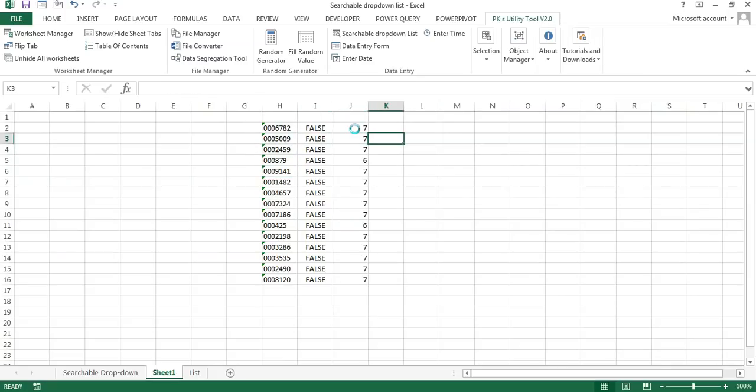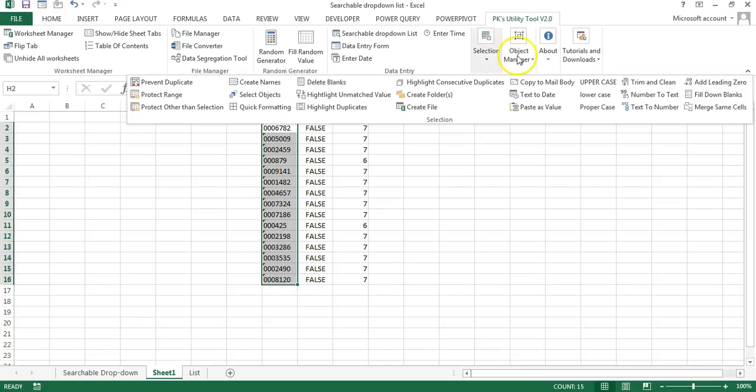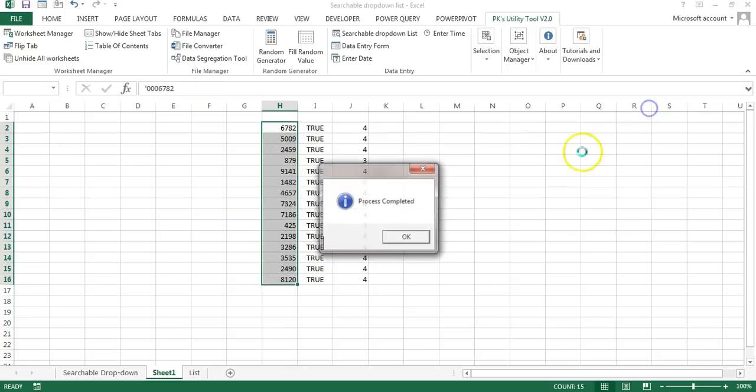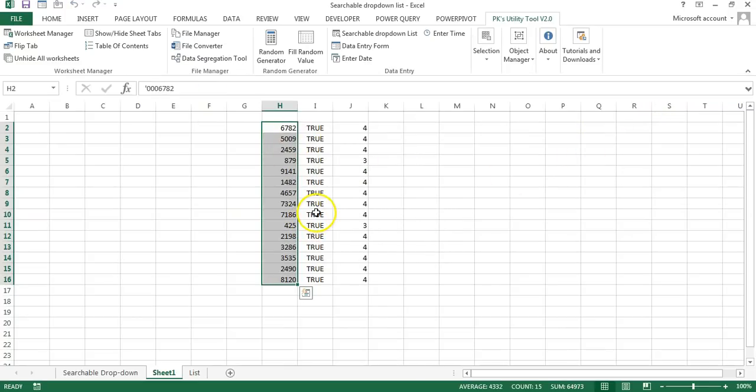Okay, so the length can be whatever. But what if you want to keep the length consistent? For example, we want to keep the length as 7 only and add whatever zeros are required. First, let me tell you, if you have some leading 0s and you want to remove them, how can you do that? You can use this text to number feature. Basically it has converted to text. So now let me click on text to number, then it will return the same numbers.